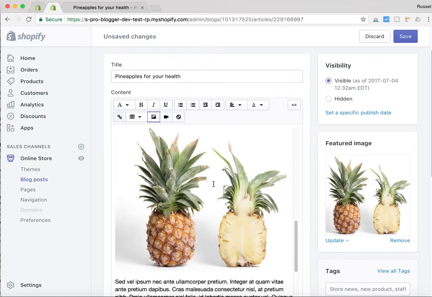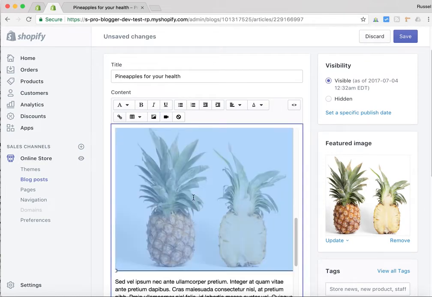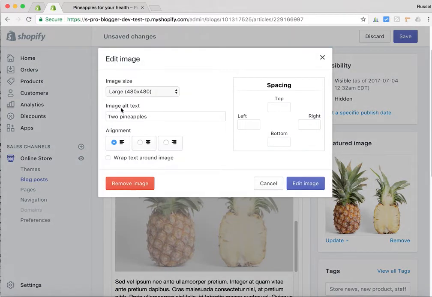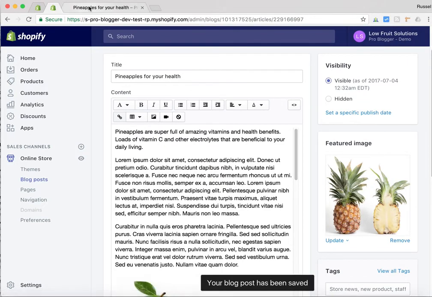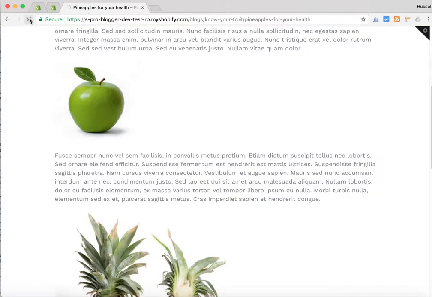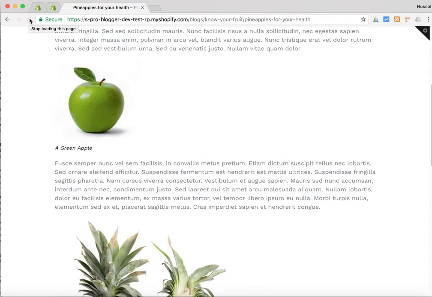Let's just do it for this other one here, these two pineapples. Select the image, click edit image, you'll see in the image alt text, there's already some text there. We're just going to add the IC colon, edit image, and then make sure you save the changes to your blog. Right, so that should be done. Now we'll just go back to the blog just to see what changes have been made. I'm just going to refresh that. And there we go. You can see here is a very defined and obvious image caption